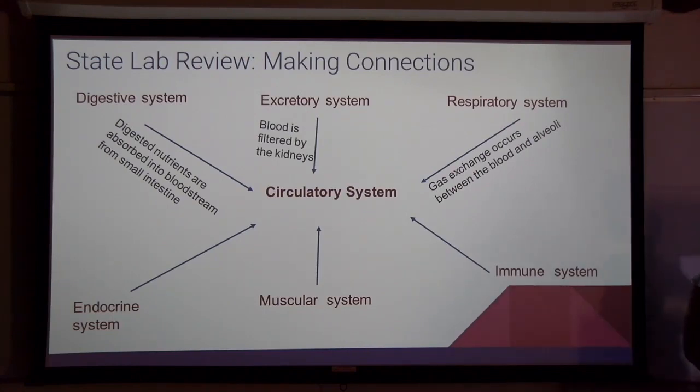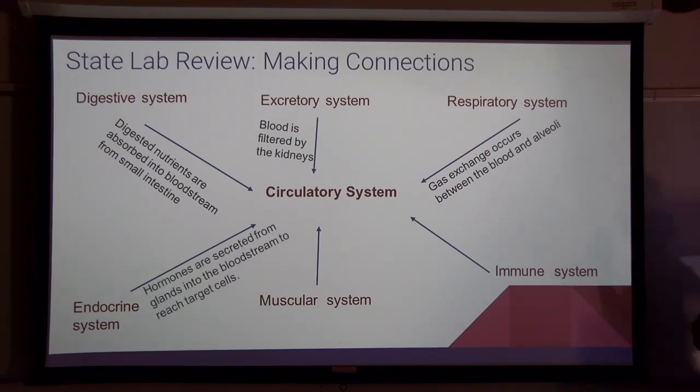The endocrine system, what do they put in the blood? Talk about them: estrogen, progesterone, LH, FSH, insulin. All of those are examples of? Right. So the endocrine system will secrete hormones into the bloodstream, and then the blood will carry it to the